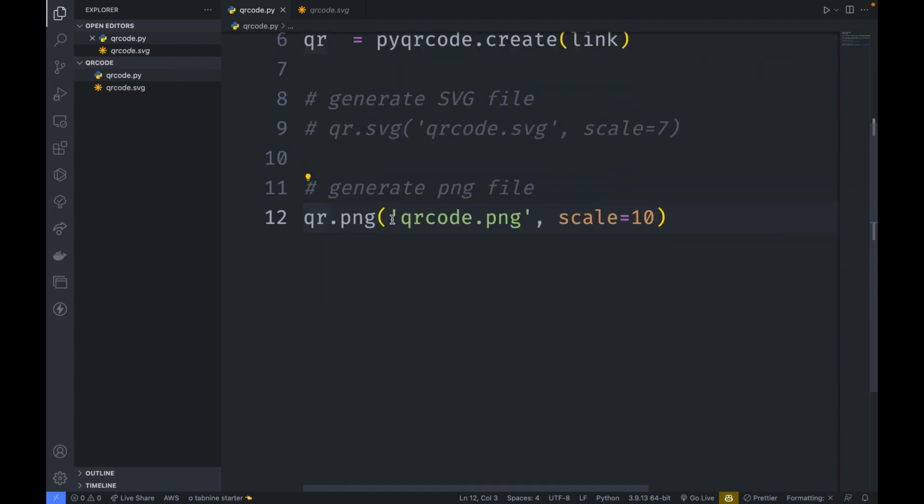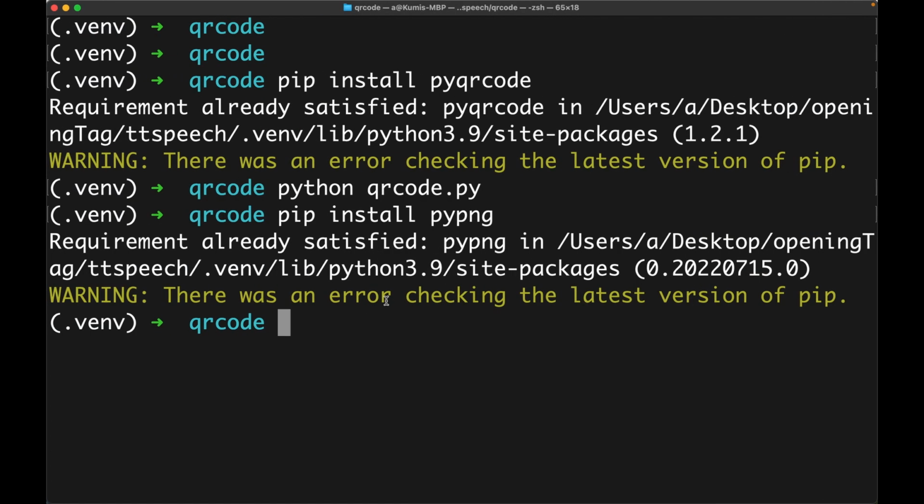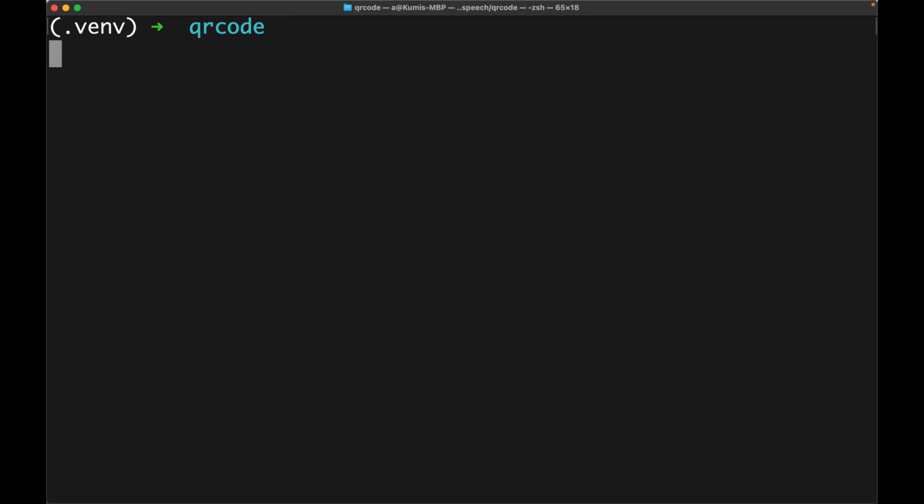So that's all we need to do. qrcode.png, the name of the PNG file, then the scale, which is the size of the PNG. Now let's run this code again and see if the QR code will be generated. So let me clear my screen. So I'll type python qrcode.py.